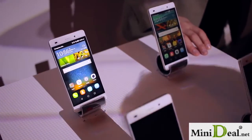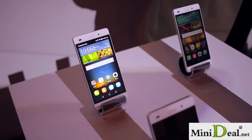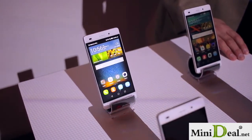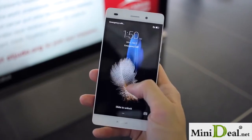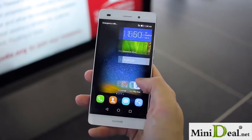The budget smartphone space is getting crowded quickly, and with Huawei jumping in the ring, your decision as to which one to get just got that much harder. If you love the original P8 but wished it was more affordable, then the P8 Lite is your best bet, and it seems to be pretty